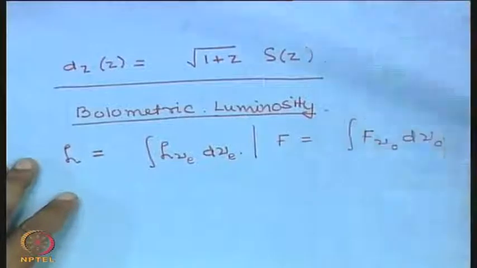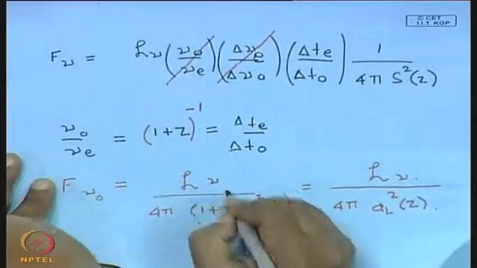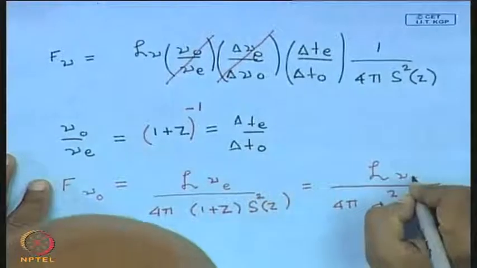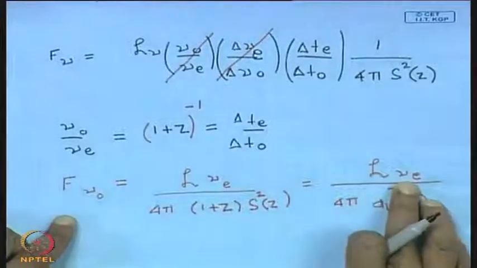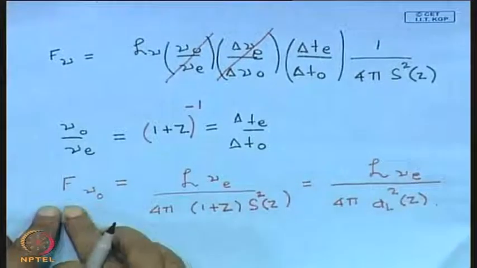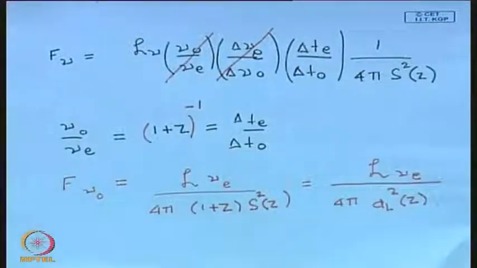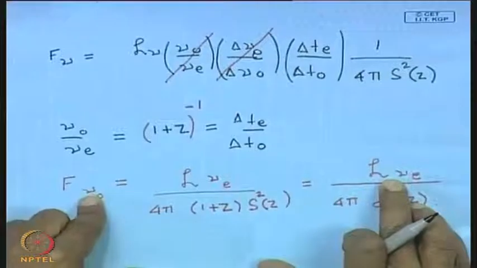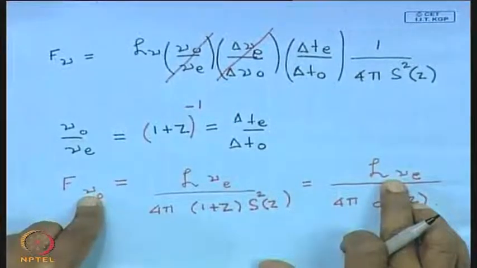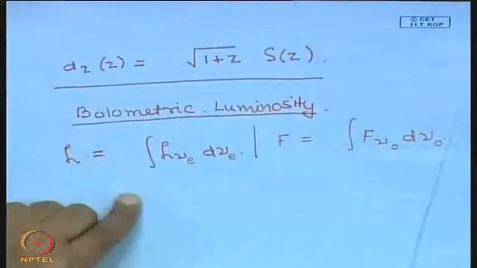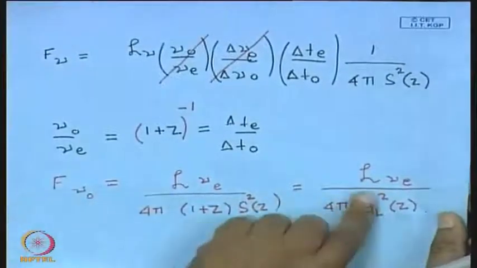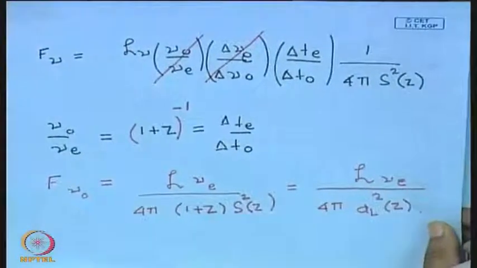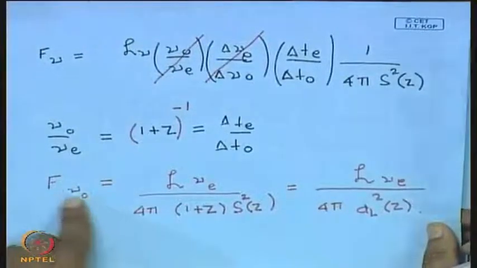You see the light that you observe here, this is the observed frequency, this is the emitted frequency, they are not the same. What this gives you is the relation between the luminosity at a certain emitted frequency and the flux at another observed frequency, which is different, and these two are related through redshift, that redshift formula over here, okay, this formula. So if you take this expression and integrate it over the observed frequency, then what we get is